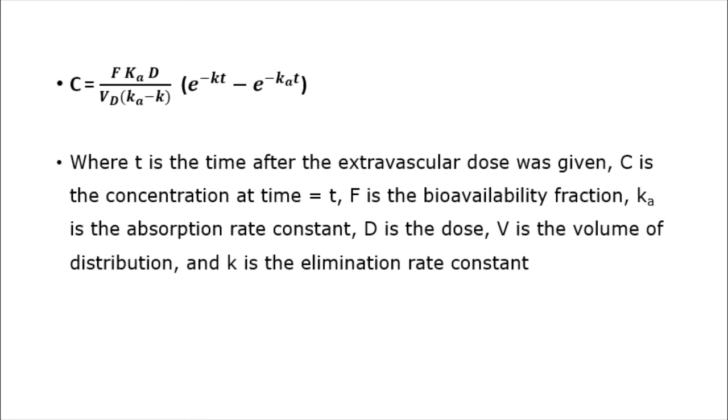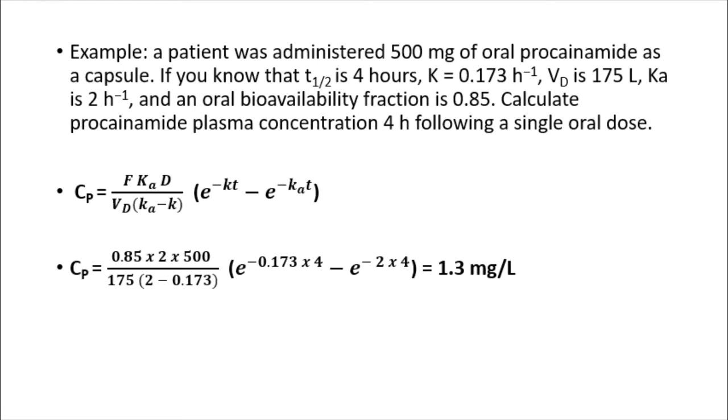Let's take an example for the application of this equation for the calculation of plasma concentration at any time following oral administration of the drug. Assume that a patient was administered 500 milligram of oral procainamide as a capsule. If you know that the half-life is 4 hours, the elimination rate constant is 0.173 per hour, volume of distribution